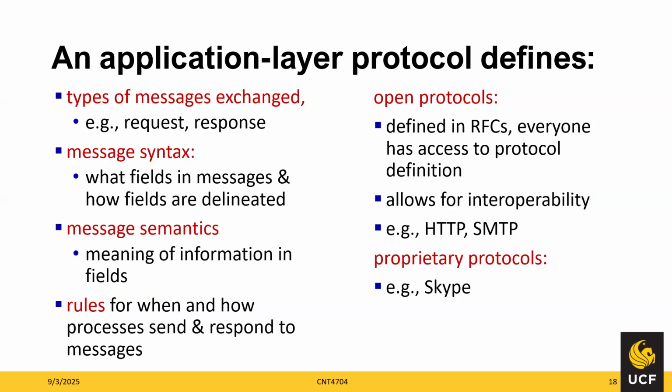There are two main categories of protocols. We have open protocols, and those are publicly defined and available to anyone to use. Those are called, I believe, the RFCs. It's a rule book for these rules, and it can be implemented on various systems and by various vendors. Examples of those could be HTTP and SMTP. And we have